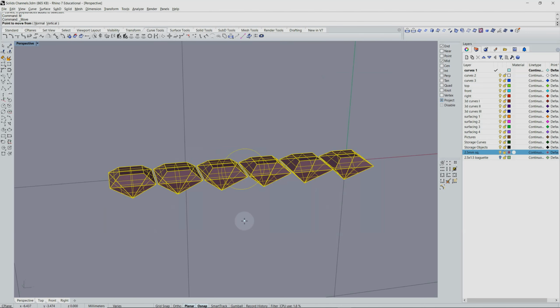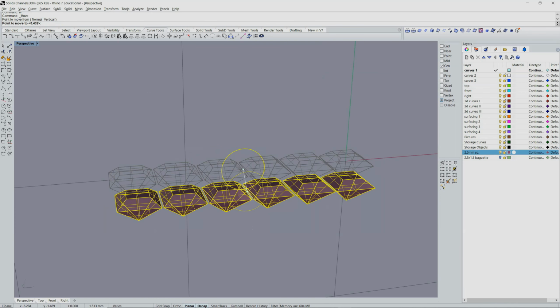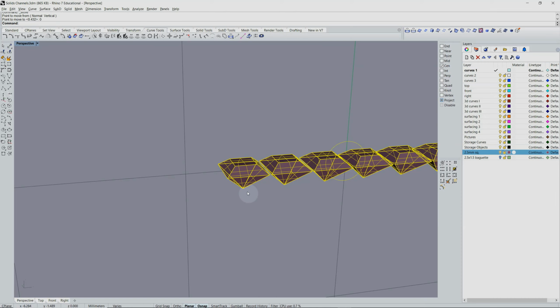So moving these into position, I'm going to begin a move command by hitting enter. Then for my point to move from, I'm going to pick at the center of the circle I've created by activating the center object snap. For my point to move to, I'm going to type in 0 and